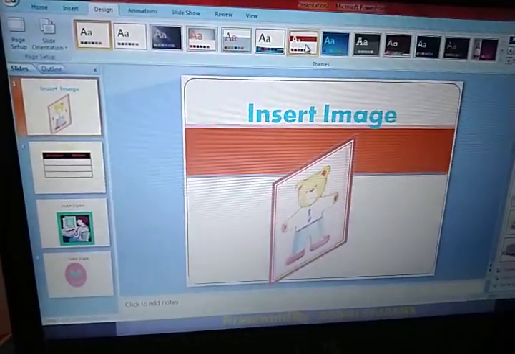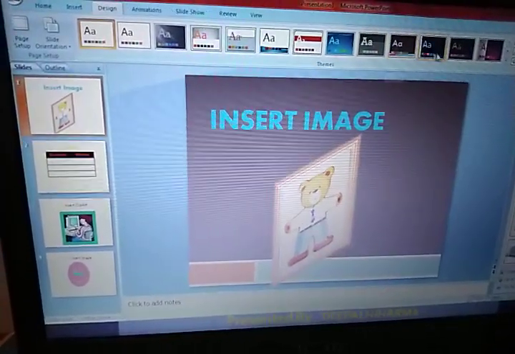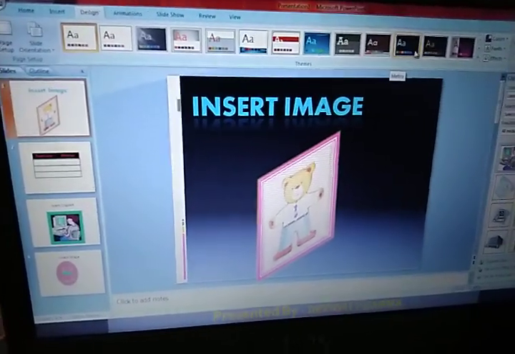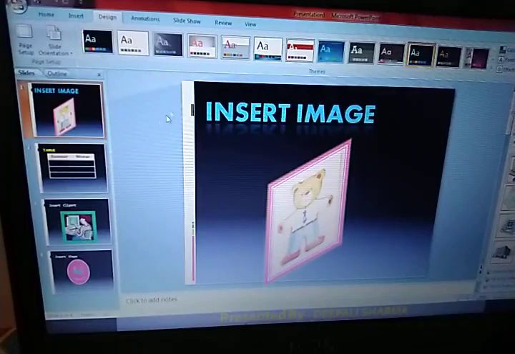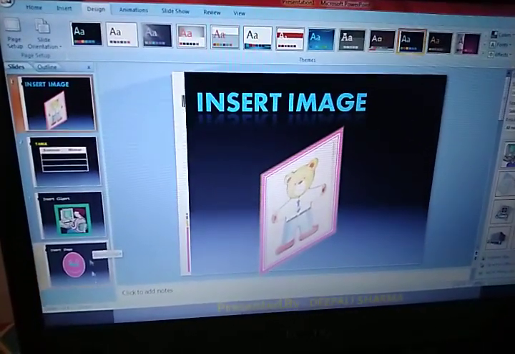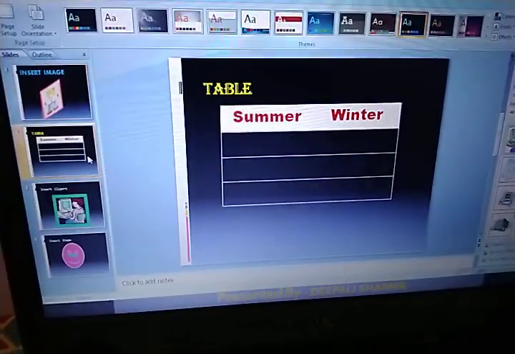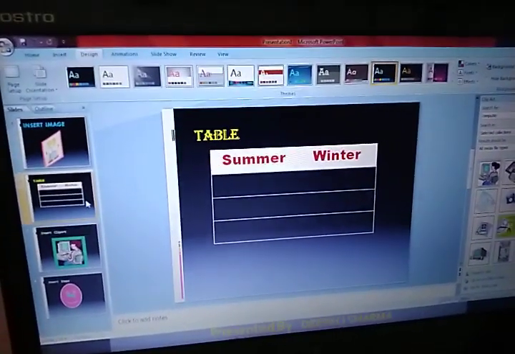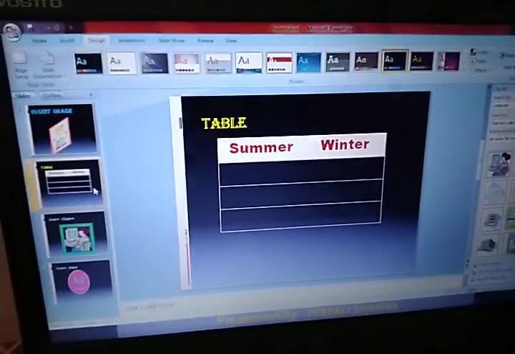Fine. So right now I am going to select this particular theme for my slide. Fine. I have selected this theme. So right now what you are observing, all the slides have been changed. All the themes of all the slides have been changed. Now what I want to do, I want to give a different theme to this particular slide. That means I don't want to change the theme for all the slides. I just want to change the theme of this second slide.